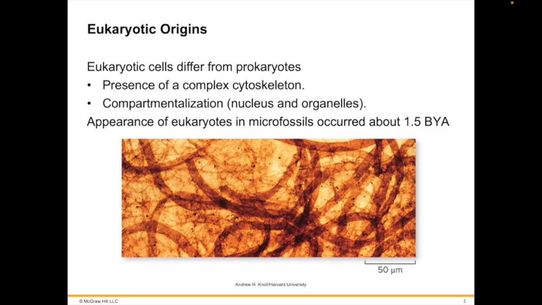Eukaryotic cells are distinguished from prokaryotes by the presence of a more complex cytoskeleton and compartmentalization. The exact sequence of events that led to large, complex eukaryotic cells is unknown, but several key events are agreed upon. Loss of a rigid cell wall allowed membranes to fold inward, increasing surface area. Membrane flexibility also made it possible for one cell to engulf another.